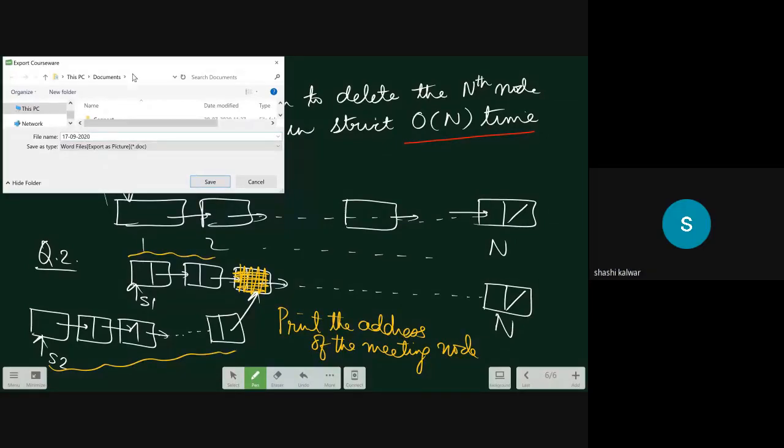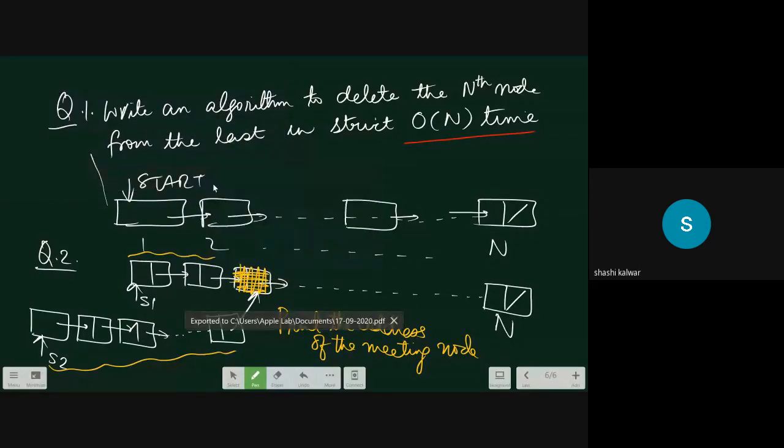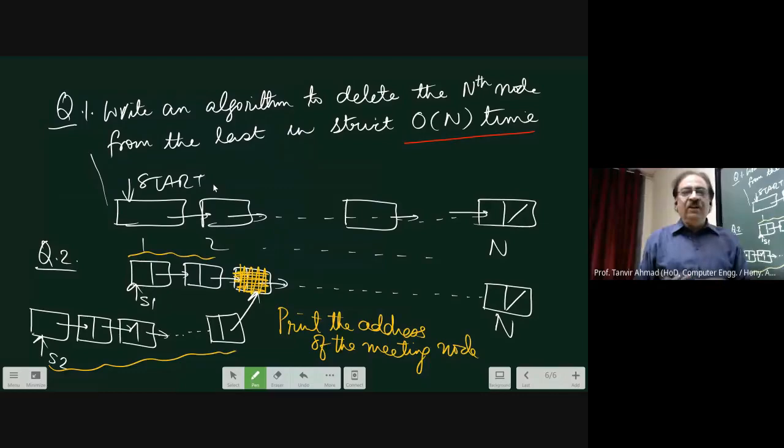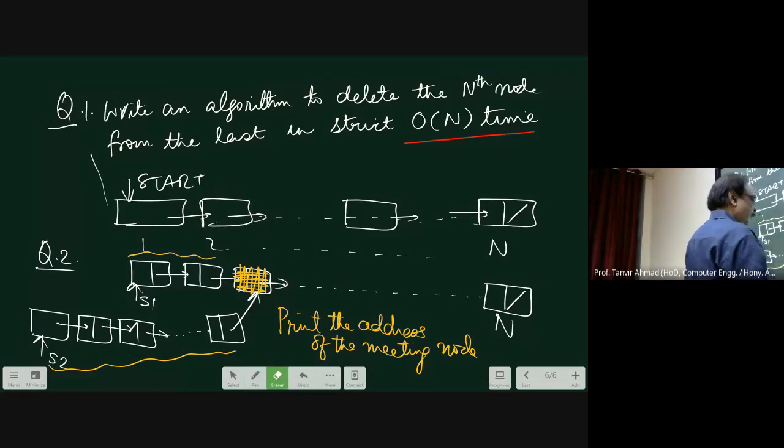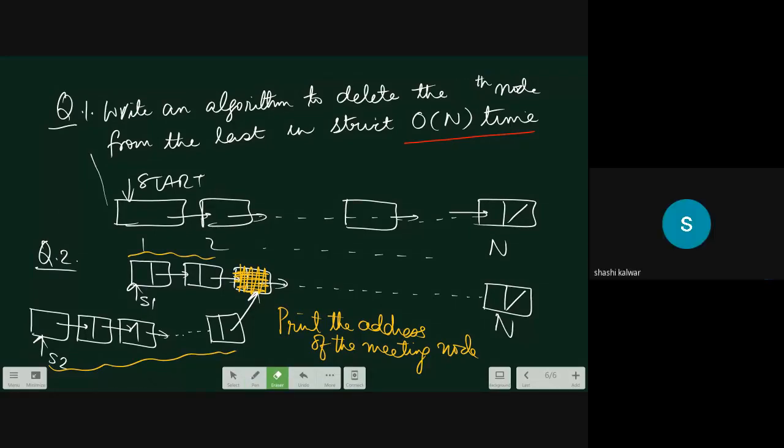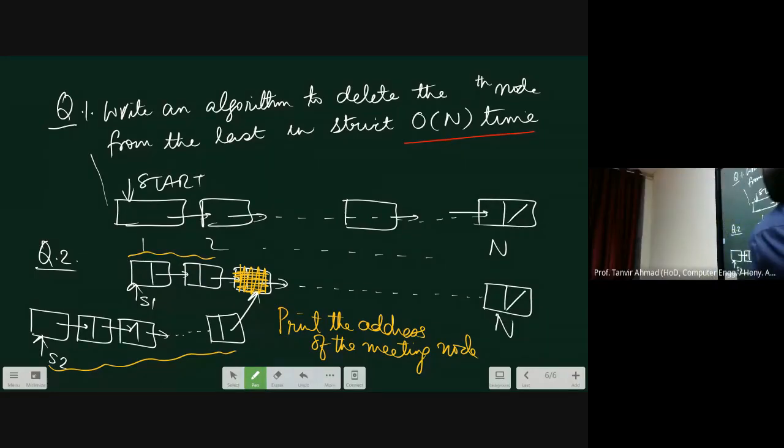Sir, in question number 1, if there are 100 nodes, then we need to delete the 94th, 95th node, no, sir? The 94th node, or 95th? I want to delete the 6th from last, the 7th from last. Nth node from last means, okay, there's a small problem. Okay, there is, say, maybe the X node. Okay, it could be the nth node also, no problem. Fine, it is the nth node from last.